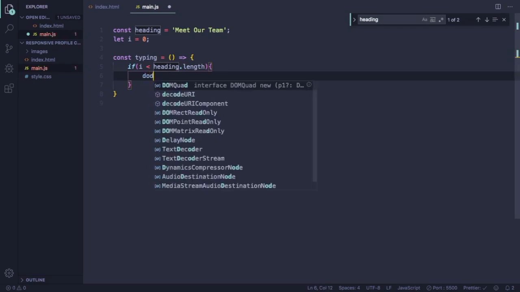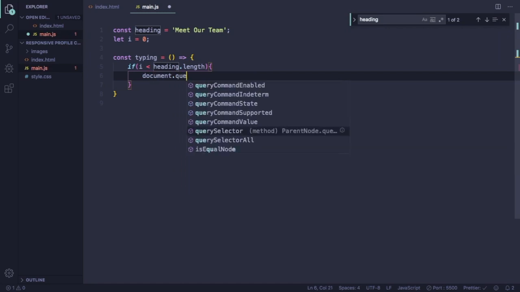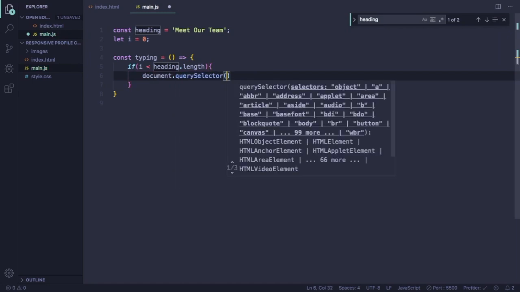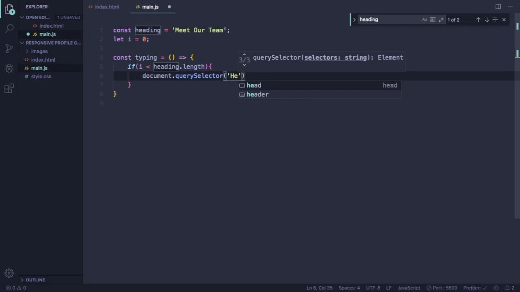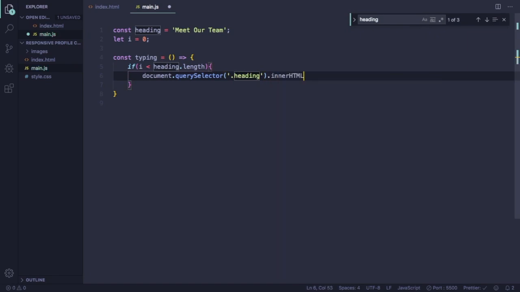Let's also select the head element. So if the condition is true, it will display characters on the page. To do that, we're going to use innerHTML, okay, equals